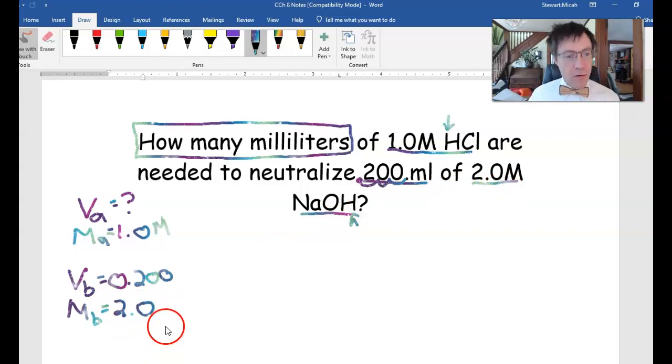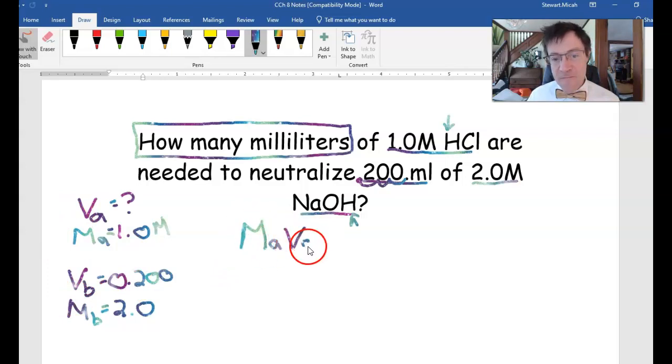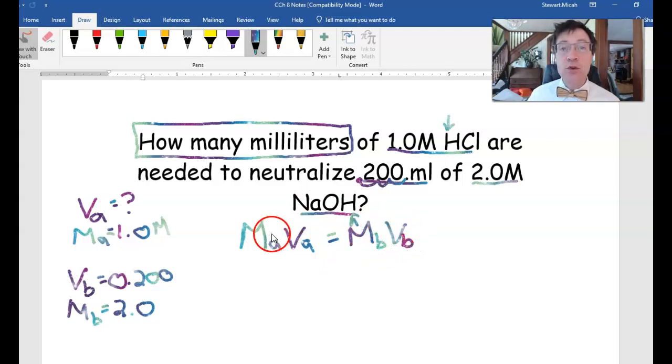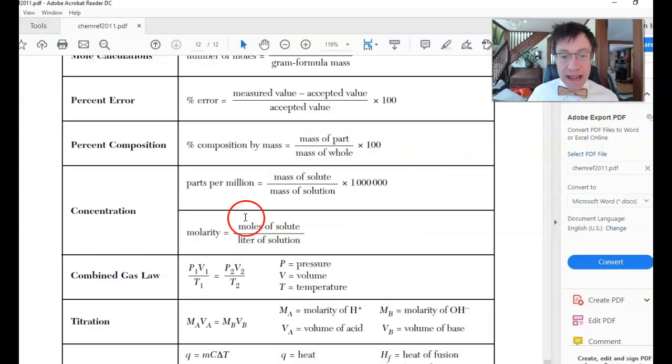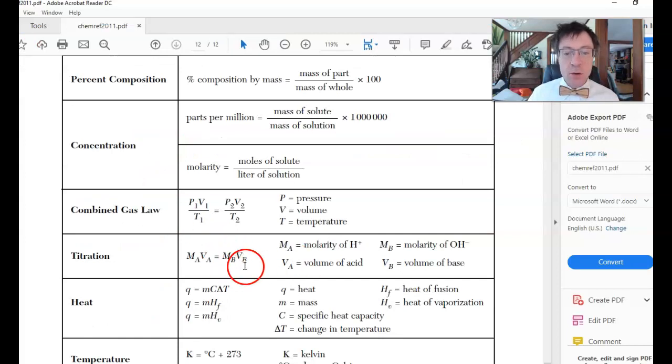You dig? Now, I have the volume of an acid, the molarity of an acid, the volume of a base, and the molarity of the base. So that equals MA VA equals MB VB. What is that from? Bam. Titration equation right there. And if you look right here, see where it says molarity of H, molarity